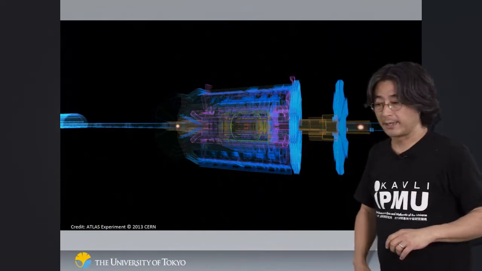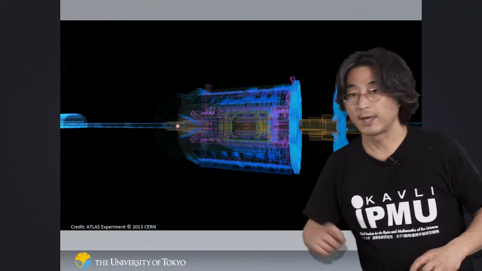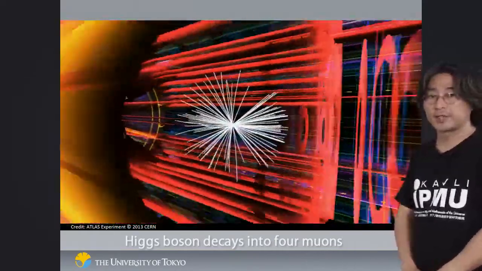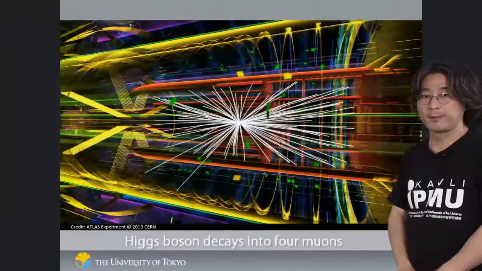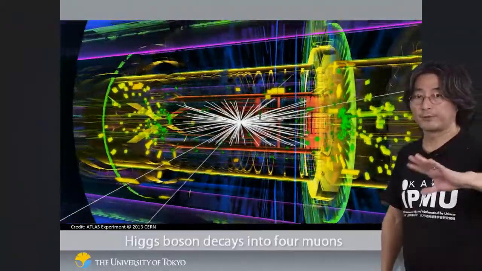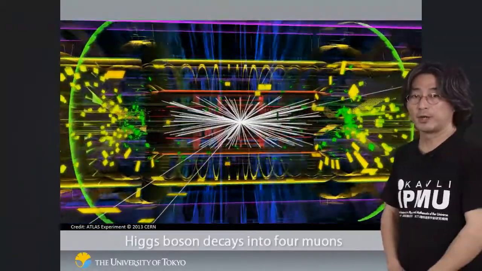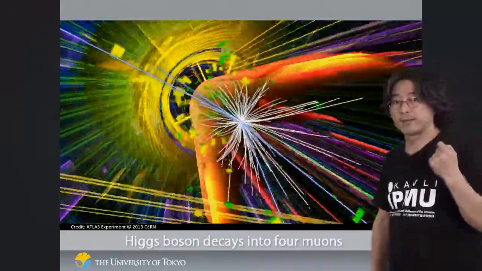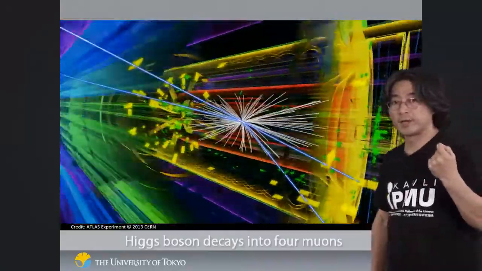So this is an example where we think that we have managed to produce the Higgs boson. Again, two protons smash against each other, produce many, many particles coming out. And then you sort out this mess to identify what you are really looking for. And at the end of the day, you start spotting something rather special in it. So you see